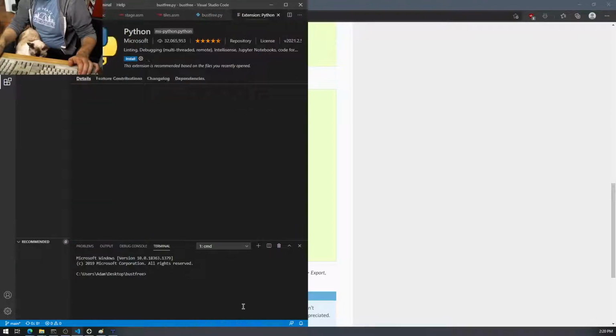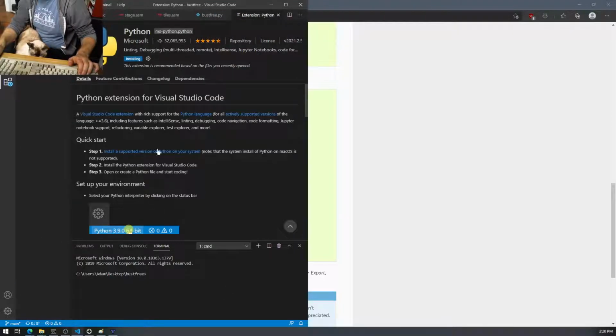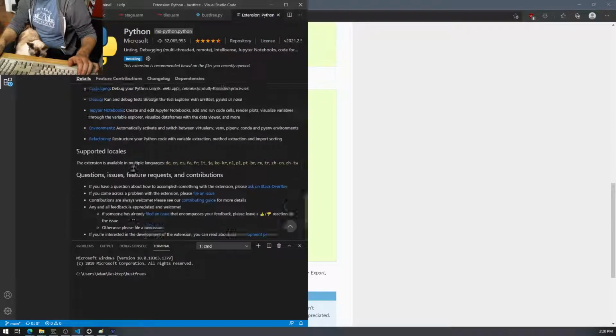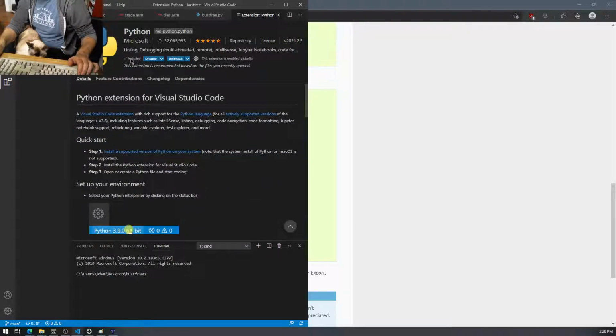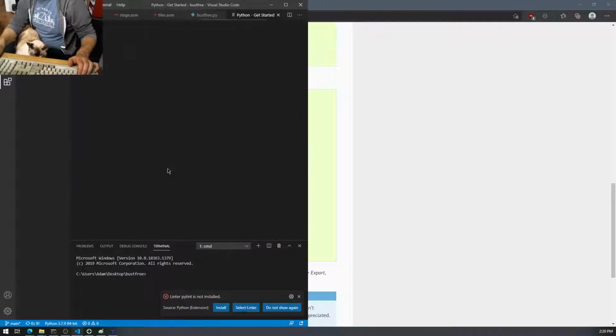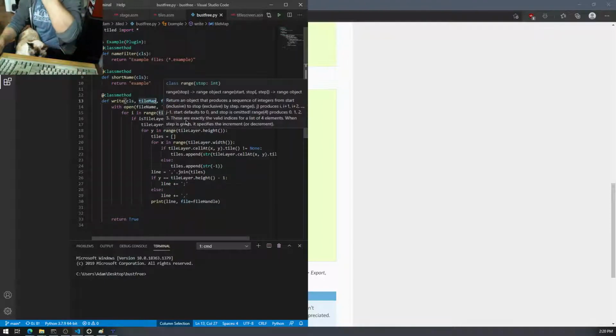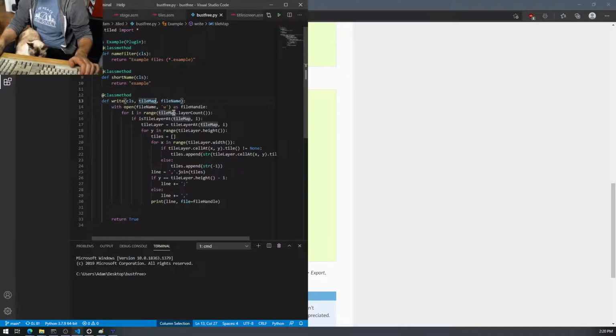I should install the recommended extension for Python. There we go. It's been installed. Cool. I don't know if that's going to help much, but linter pilot is installed. I'm going to pass on that for now. I'm going to pass on that too. I just want syntax highlighting and stuff like that. Okay, so